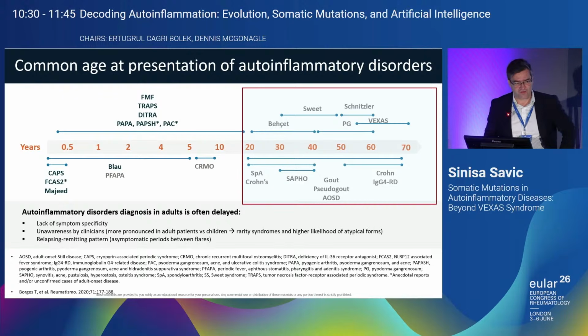And there's now over 50 separate genetic causes of autoinflammation. But that is not to say there's not plenty of autoinflammation in adult practice. And there are plenty of patients who are presenting with an autoinflammatory-like clinical picture, and now conditions that we are beginning to define in adult medicine that do have the same